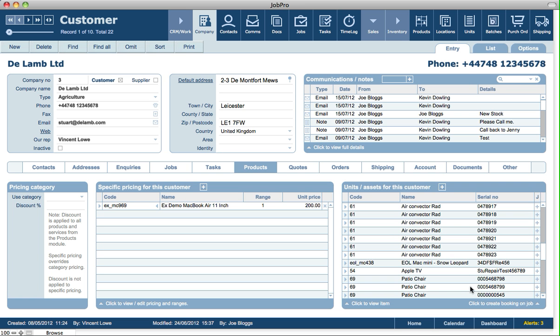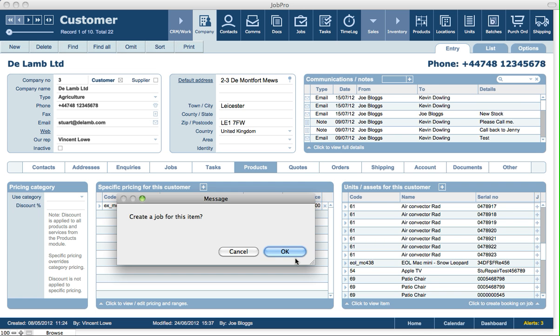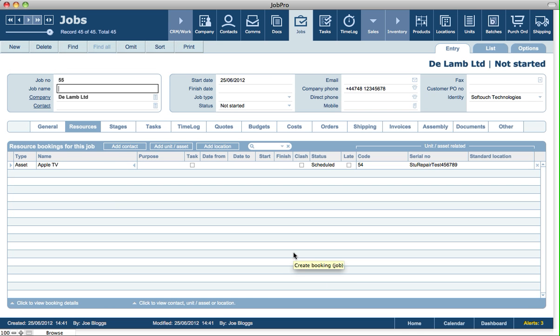So let's say that we need to do a service job on this one here. Click on plus. We create the job. Now we're brought into the job screen. The company has automatically been linked to the job here, and on the resources tab that piece of equipment has automatically been added in. In here we can also add in relevant contacts that are going to be relating to this job or this service or maintenance. We can put in dates, start and finish times,